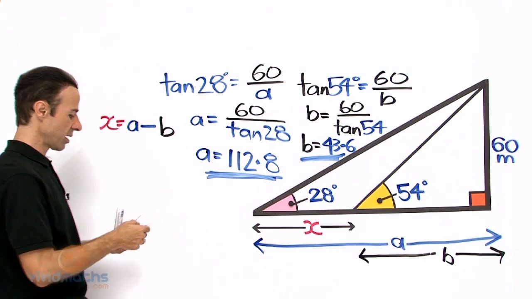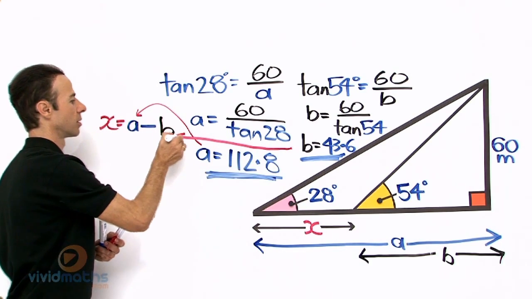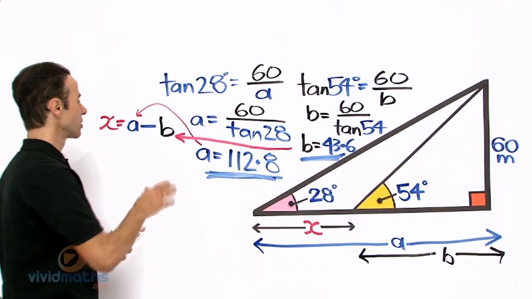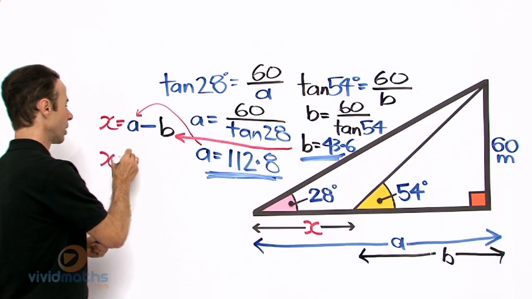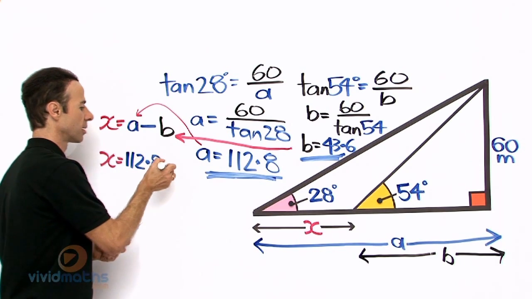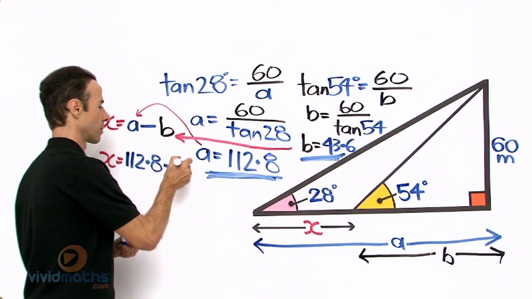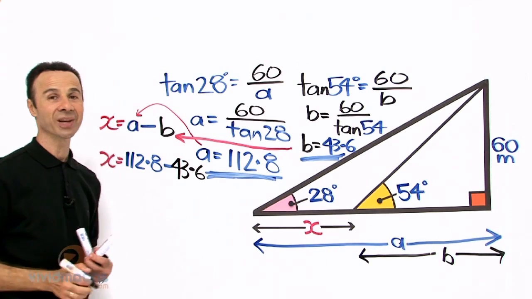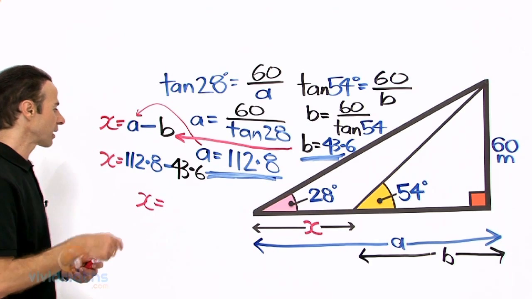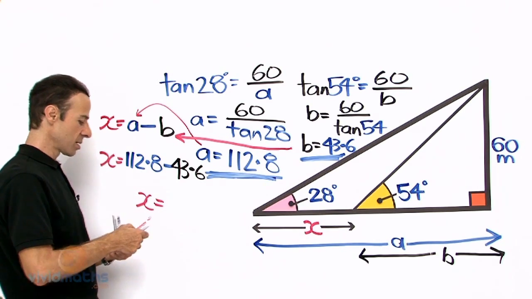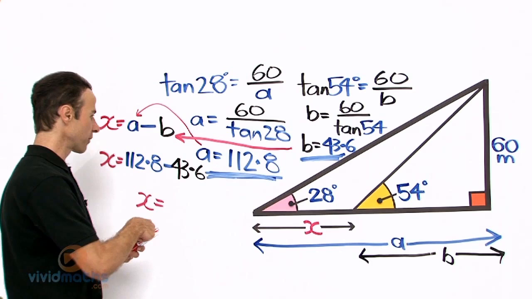And let's see now, where's our A? Well, our A is right there from here, and our B is right there. We worked out previously, yeah? So A minus B, X equals, let's write them in again in full, 112.8 take away 43.6. Now we want this in one decimal place, yeah? So X equals, let's see now in the calculator, 112.8 minus 43.6. Subtracting the two gives us a grand total of